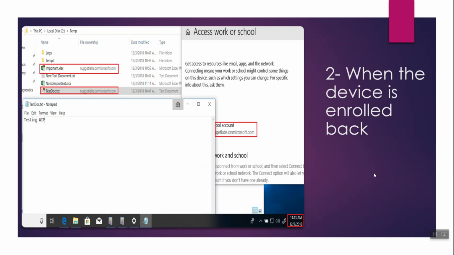And just to prove that I have enrolled the device again, we went back into the access work or school, and there's a screenshot of that, which is a little jaded, but it has been connected again. So I enrolled the device again using the same UPN. I did not have to go back to the DRA again or get in touch with my PKI team and have the files